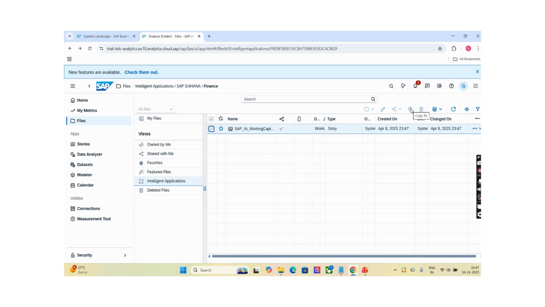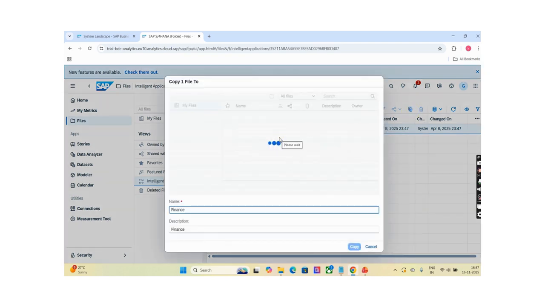This option is not appearing, which means we cannot copy the story directly. So to copy the story, you need to copy the folder. Select the folder, and here the copy option will appear. Copy. I have already created my folder, BDC course.